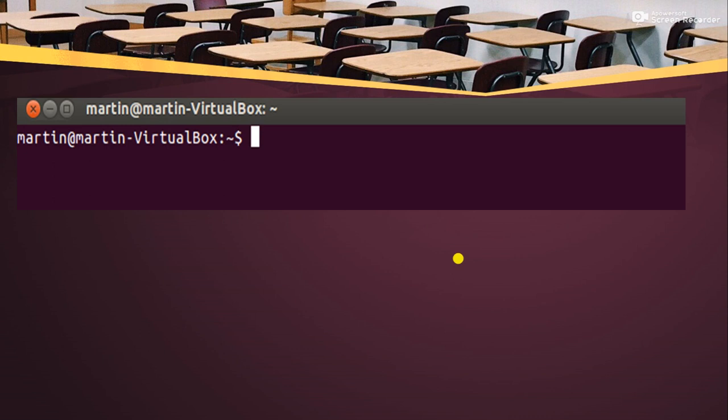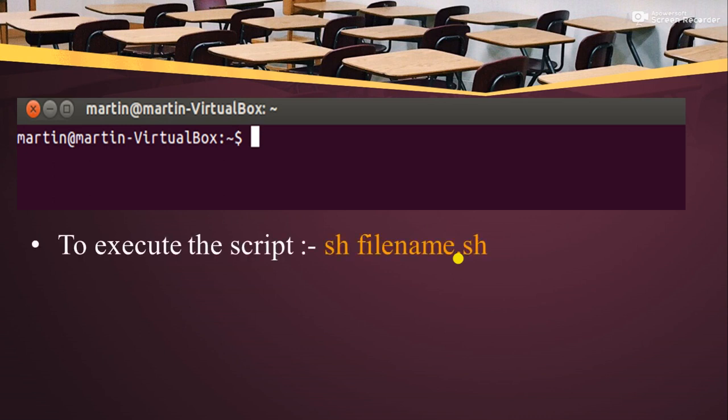So this is how we will execute the script on the command base. As we exit from the Vim editor, we again enter the command base operating system screen. As you can see in the picture, the $ sign is there, which represents our command screen. On this command screen we will execute the Vim file which we have created above. To execute the script, the command will be sh space filename.sh.